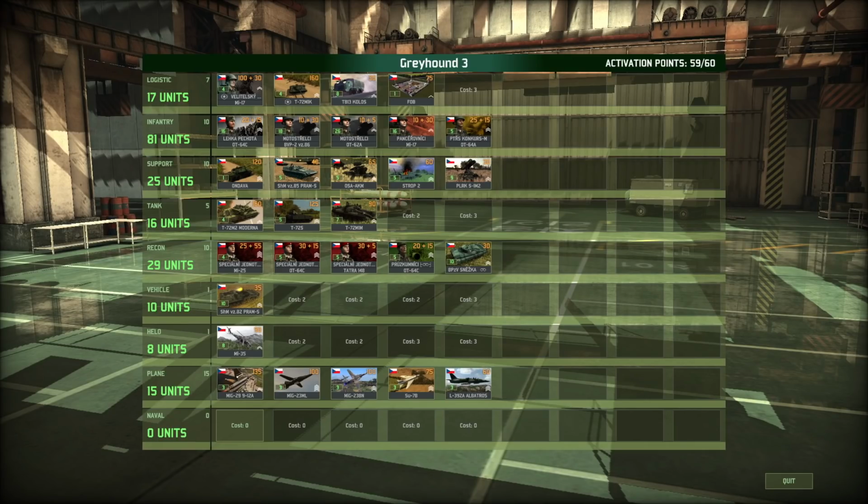And we're back with the third game of Greyhound vs. Krot in the Bootcamp Elite Tournament Grand Finals. And once again, I'm here with Putin and Little Villain. Hello, everybody. And as you can see, Greyhound is playing his good old CSSR deck that he used to